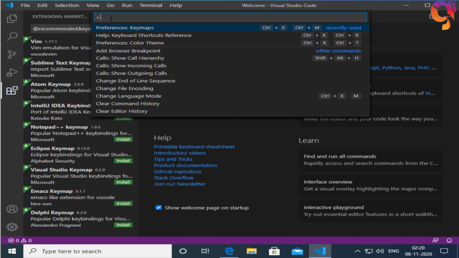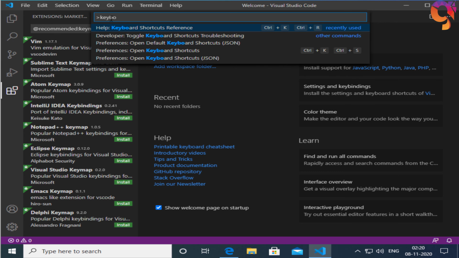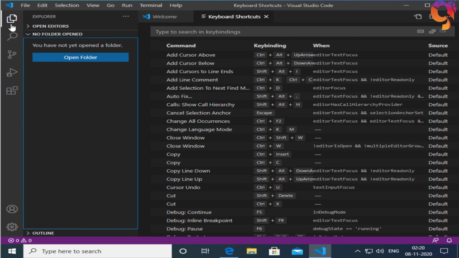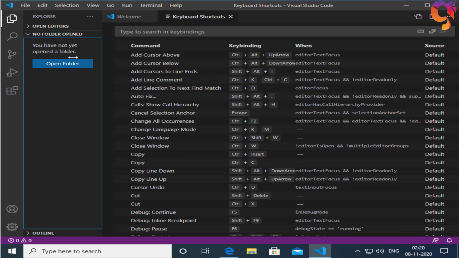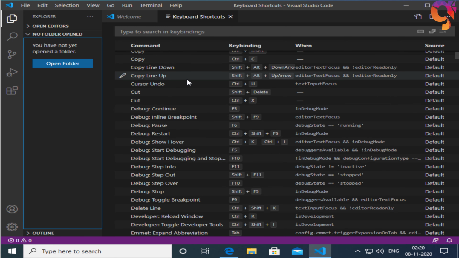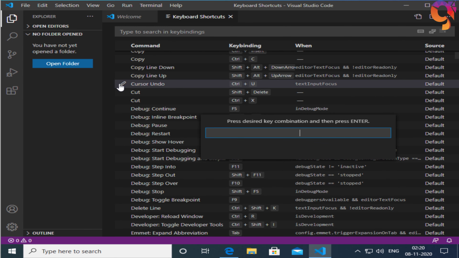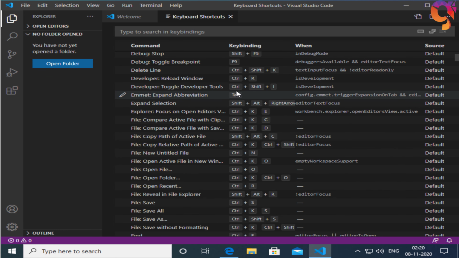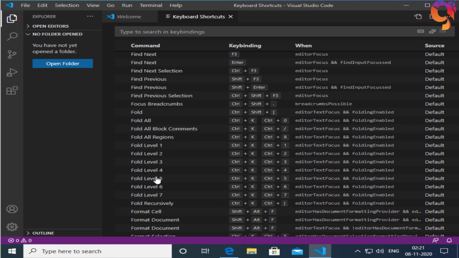At the top we see the command palette. Command palette is a really cool feature. You can also get it by pressing Ctrl or Command Shift P. Here you can search for just about anything. So if you want to open a file or change a theme or check out the keyboard shortcuts, you don't have to complete a word; you can type words together and it figures out what you are looking for. It's really cool, it saves a lot of time.